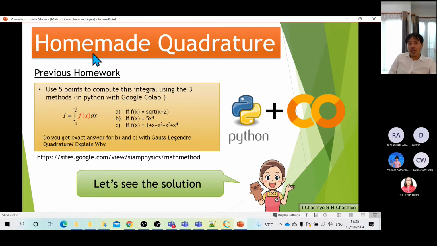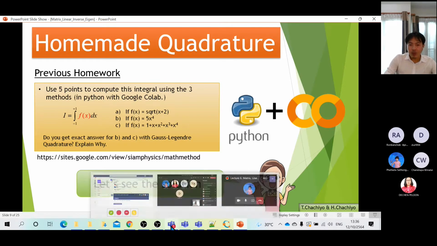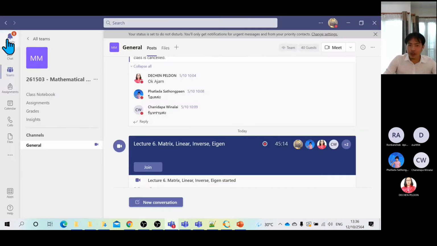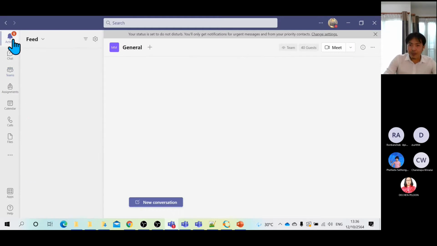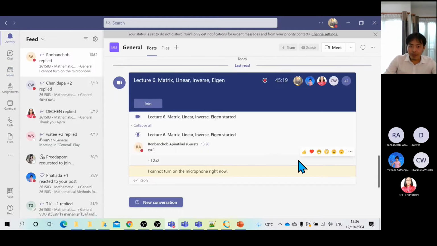So we are going to practice working on this one ourselves, and hopefully you gain some skills of how you deal with matrix and vector. Okay, let's go and see the solution of this homework problem. I have this new activity here. Let me check if